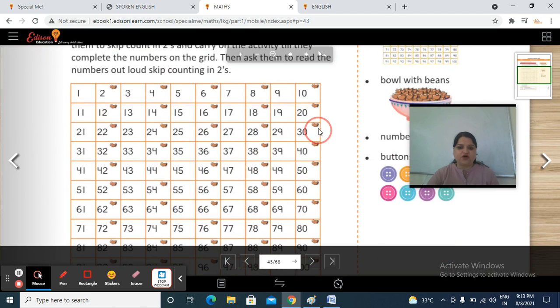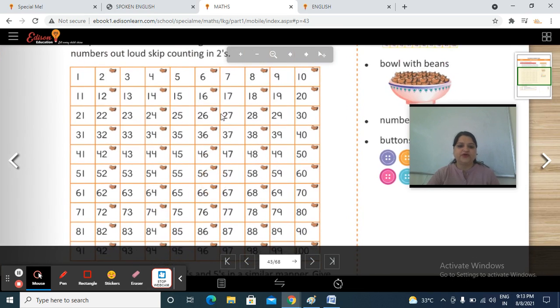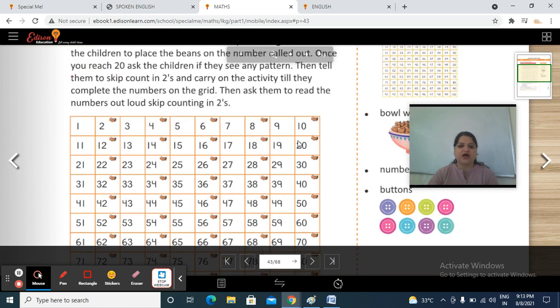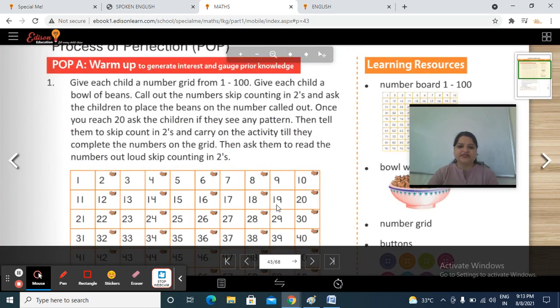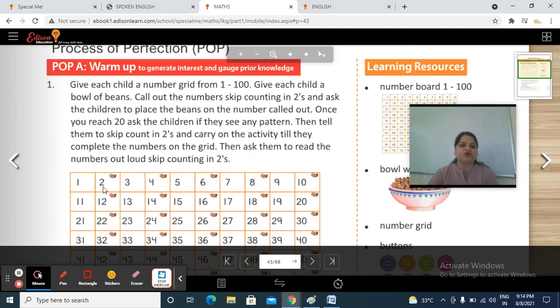Okay, first of all, take a chart of numbers 1 to 100, right? And you can write numbers in your math notebook from 1 to 100 also, like this. Make a table like this, right? Now you have to take some beans or buttons, then you have to place on every second number.